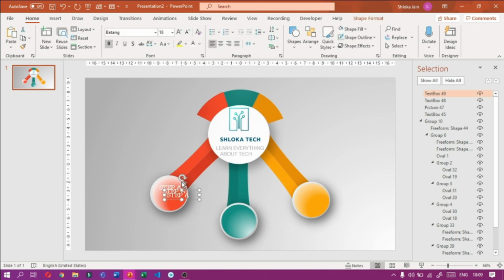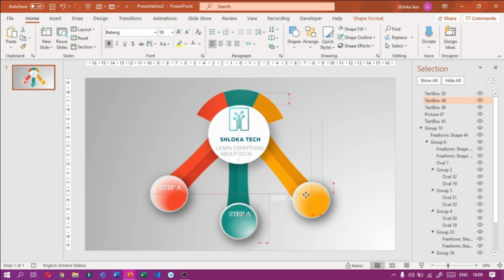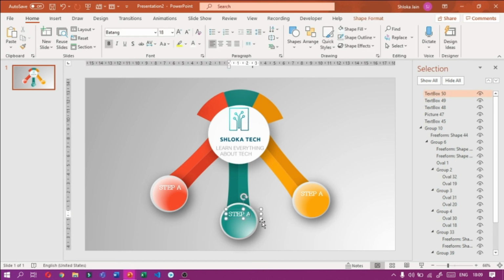Now I have to make 2 duplicates of it and place them in each circle. Then let me change it to step B and then step C.